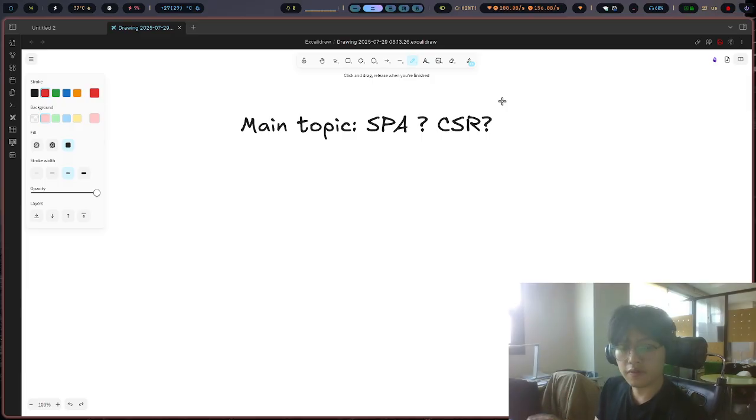You can think of CSR as: let JavaScript do everything. Let me give an example that makes it easier to understand. If you install the React library,